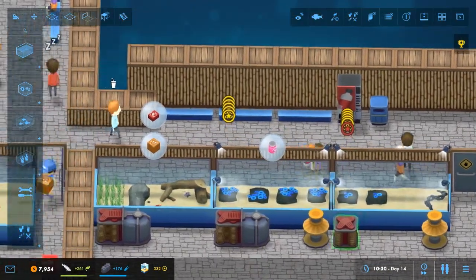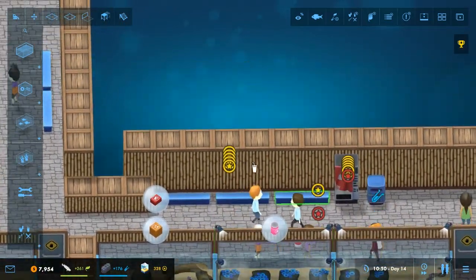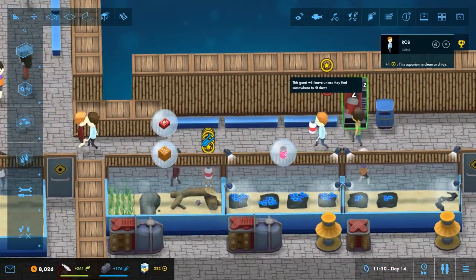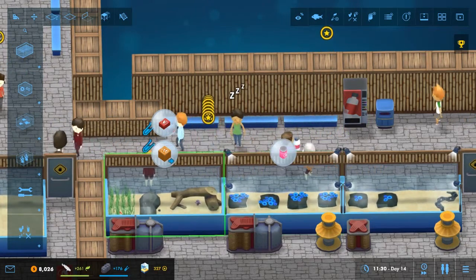Right, I'm up to 331 prestige now. I'm very pleased with myself. The key thing as well is I've got stacks of money. What are they whinging about? Why are you whinging? What's the problem? Why are they whinging? I'm sure there's a very obvious reason that I haven't worked out yet, but...